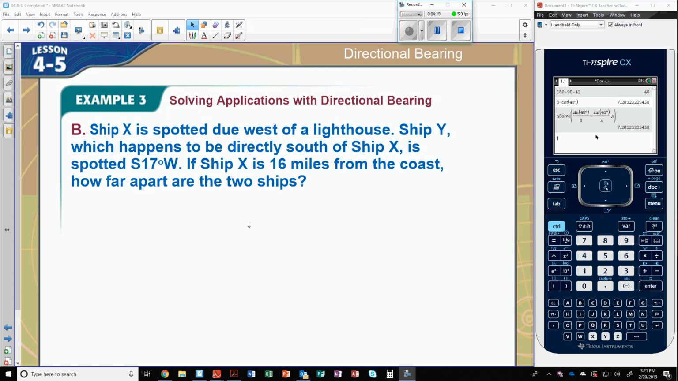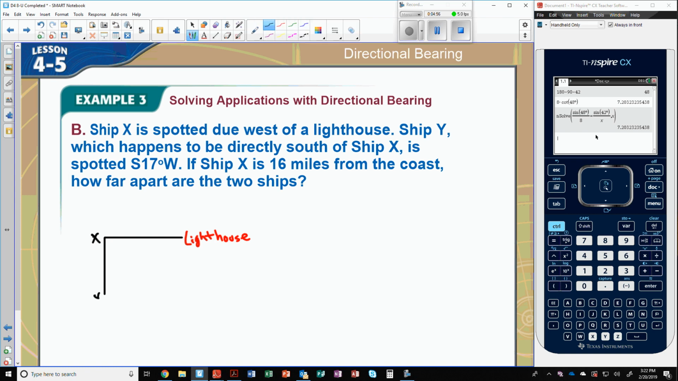Now let's try part B. Ship X is spotted due west of a lighthouse. So again, I'll just draw this time as we go. There's a ship, and it's west of the lighthouse. So if this is ship X, to the west, ship X is to the west of the lighthouse. So that means it's to the left. The lighthouse would be over here. Okay, and so ship Y, which happens to be directly south of ship X, so let's go over here, directly south is ship Y,